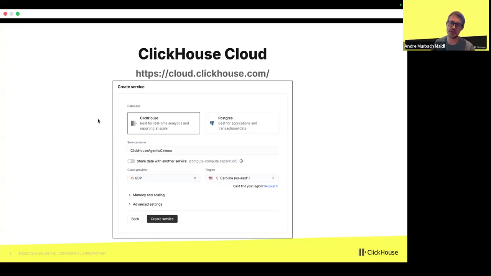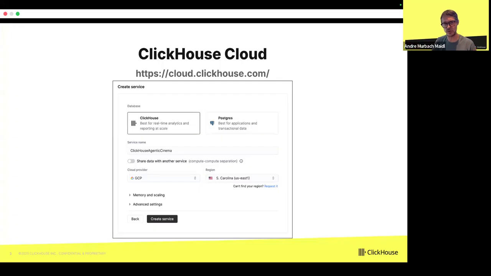So for this presentation, we are going to use ClickHouse Cloud, but you can go to GitHub and download ClickHouse. It's open source, you can run it on your own. But when you access ClickHouse Cloud, you can create a free trial account. You will have some credits. You can use them to build this project. It will be really nice because then you can really explore the power of ClickHouse.